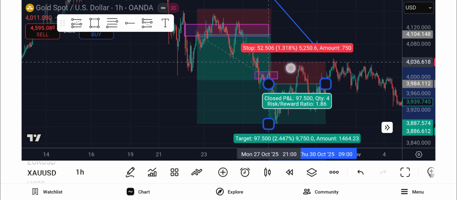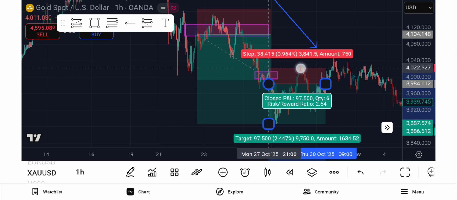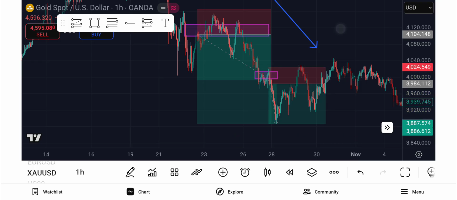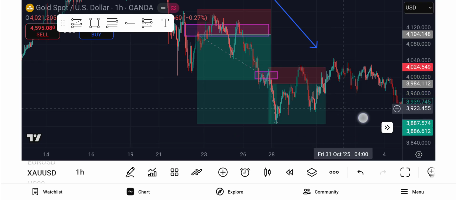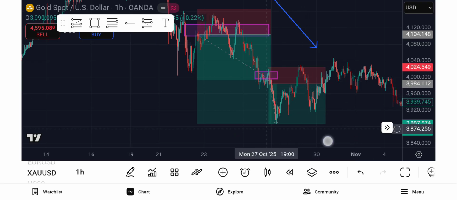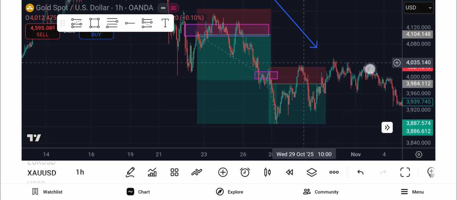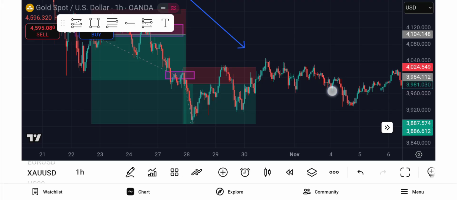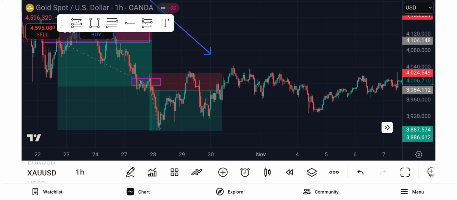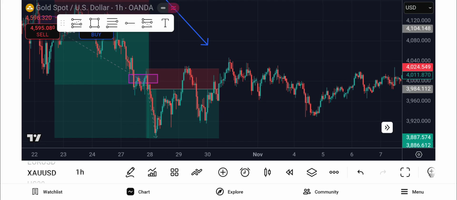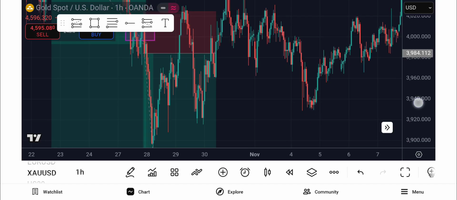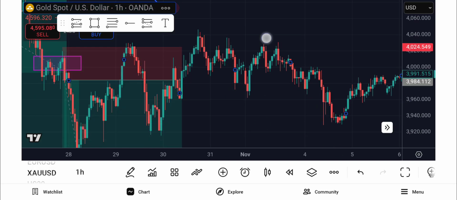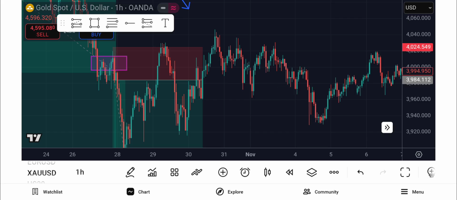Because I'm so experienced, I can just put it right above here and continue, or I could just put it above this candle right here and just wait. Notice how it never came back up until my target got hit, and then it went back up. Like they always do. Same thing over here. They're small. You gotta look for yourself, but they're very small. As you can see, another move is,